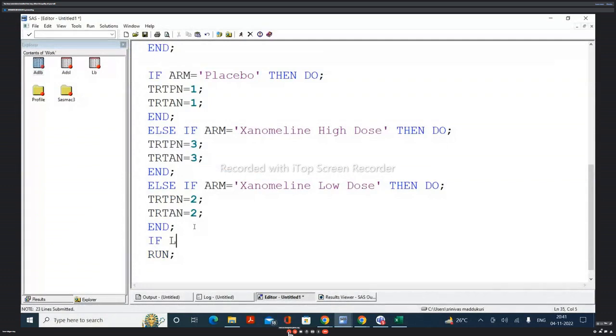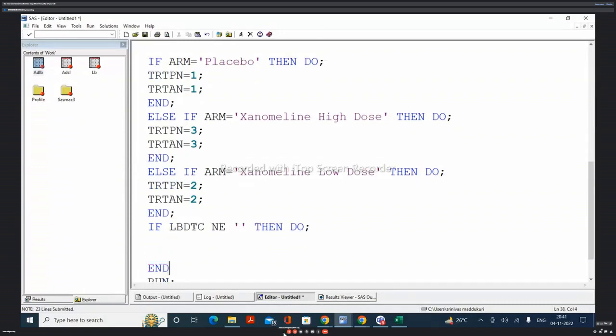If LBDTC is not equal to missing value, then do. What should we do? ADT is equal to input of LBDTC comma LBDT, IS8601DA dot. ATM is equal to input of